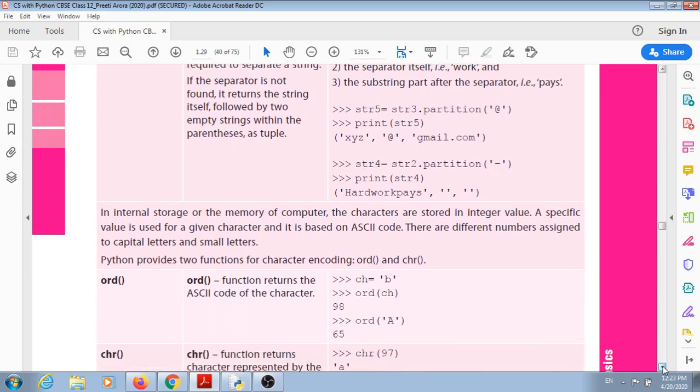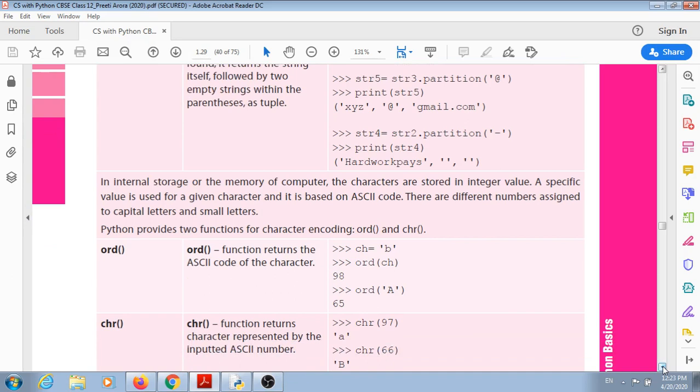So Python provides two functions for character encoding, ORD and CHR. Now the ORD function returns the ASCII code of the character. Suppose here ch is equal to B. So the ORD function will return the equivalent ASCII number of that particular alphabet.